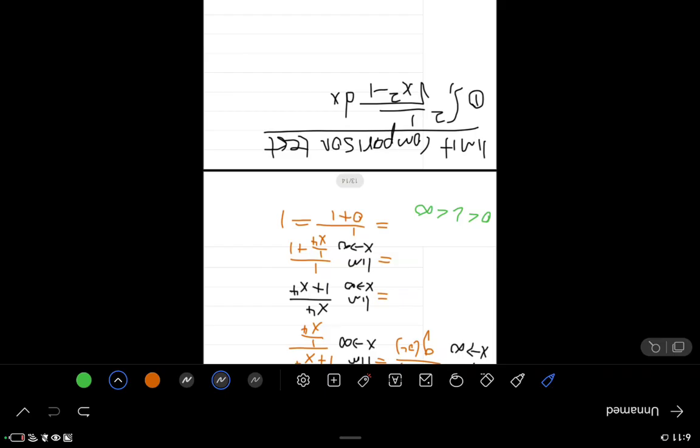So last time I let f of x be equal to 1 over x squared minus 1. We agree, right? Do you agree with me there, guys? Yes. And then now I can say g of x is equal to